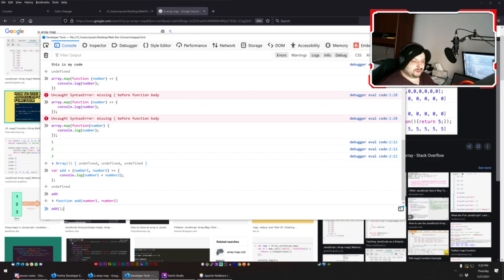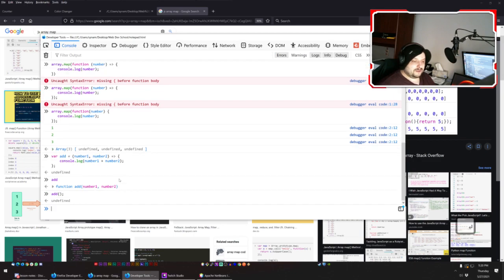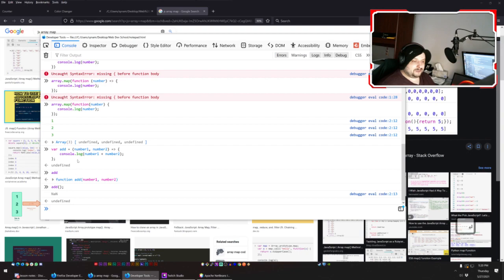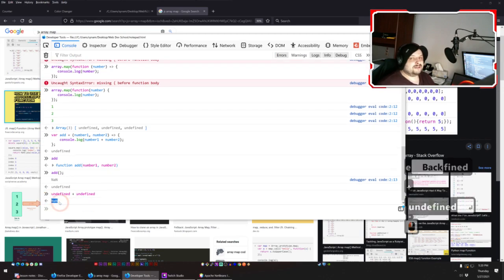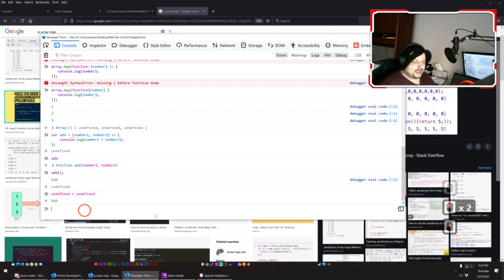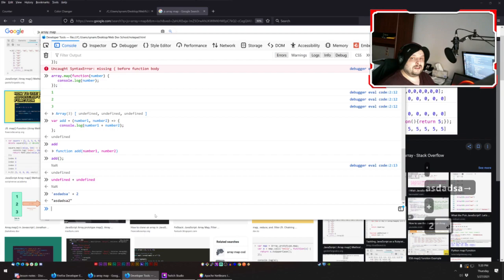Now because I'm actually trying to do something to the parameters inside of the function, you're going to get an undefined error because it's trying to add two things that don't exist. It's kind of like the same as if I try to do undefined plus undefined. Your answer is NaN. So NaN is something that you're going to see anytime that you have a mathematical operation that has an invalid result. If you try to add a string to a number, as we went over in the first lesson, it's just going to concatenate the string and the number together,